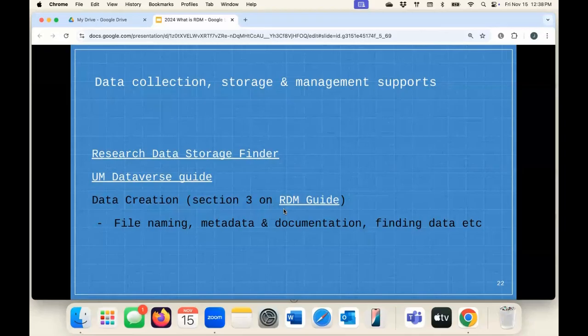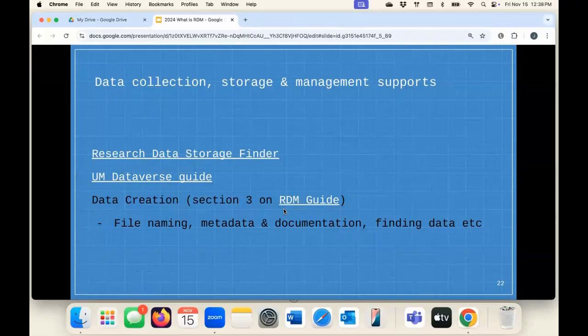There's more information about the University of Manitoba Dataverse on this Dataverse guide. That's one of our general open repositories. Everybody at the University of Manitoba is able to put stuff there. You all have about 5 gigs of space available to you. We have a couple of questions before we set you up with a project space, but really everybody is able to use that space. So if you're not sure where else to go, that can be a really great place to start.